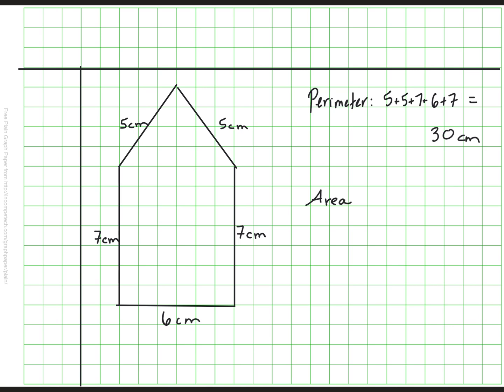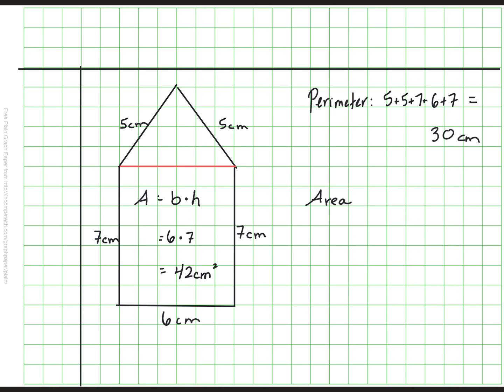So I'm gonna think about how I could break this up into two shapes that I do have the ability to find the area for, and then I can just combine them. So it seems really easy for me to just break this into a rectangle and a triangle. And I'm gonna just find the area of that rectangle, the space inside, first. And of course, for any rectangle, the area is the number of squares inside, but I can do that more quickly by multiplying the base times the height. So in this case, that would be 6 times 7, which means I have an area of 42 square centimeters